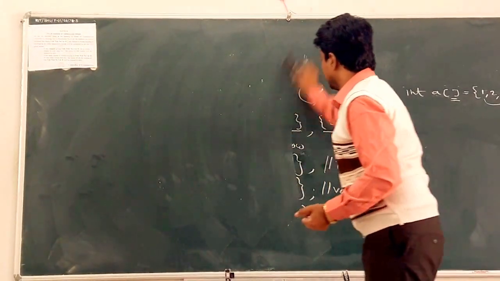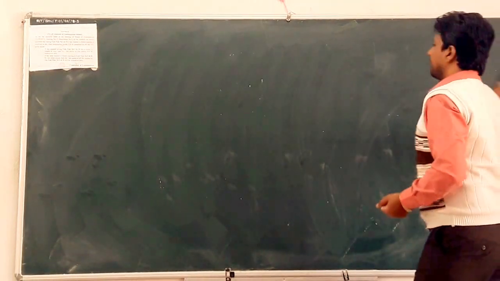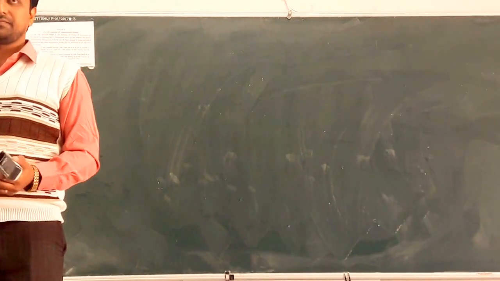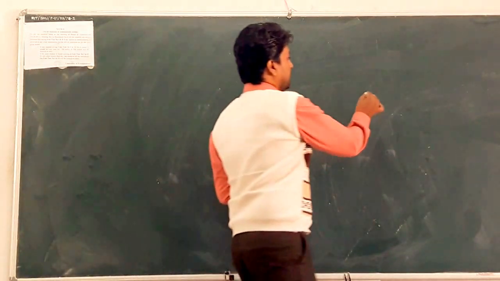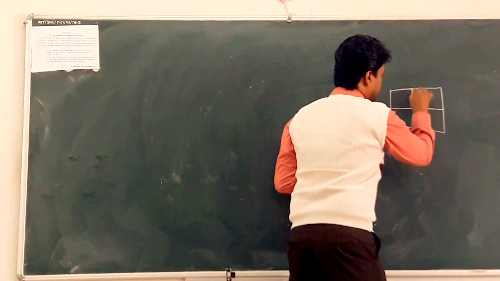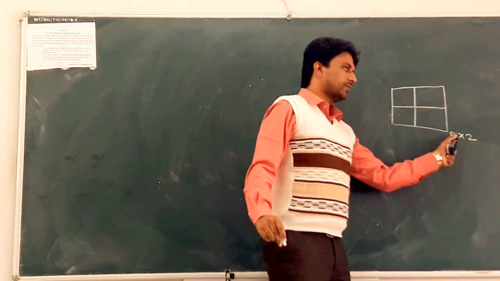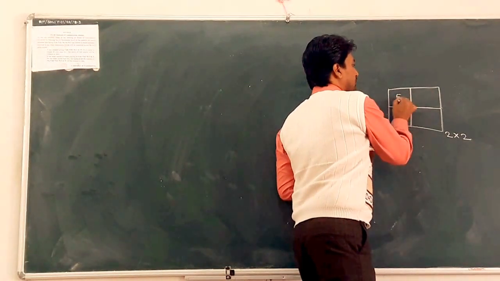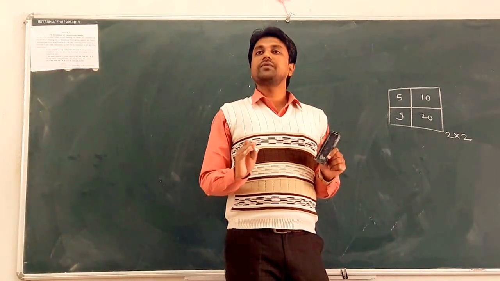Okay. So the next point is how to initialize the two-dimensional array dynamically. That is, we can take the values from the user dynamically, that is at runtime. Clear? Basically, again, what is the memory management? Suppose there is a matrix or two-dimensional array of 2 by 2 size, that is 2 rows and 2 columns. At runtime we have to enter the values 5, 10, 9, 20.